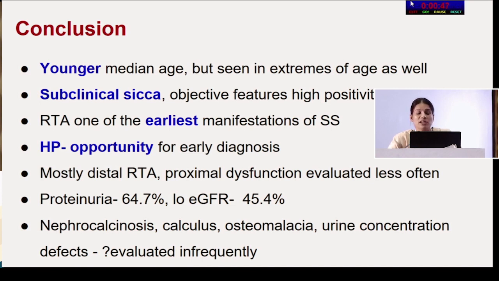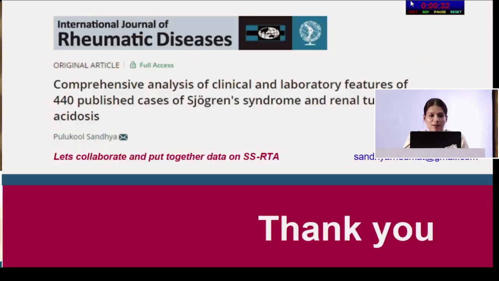Hypokalemic paralysis should be considered an opportunity for early diagnosis, mostly distal, but it could also be because proximal dysfunction is not evaluated often. High percentage of proteinuria, low eGFR, and nephrocalcinosis, calculus, osteomalacia, possibly these are evaluated infrequently. So,